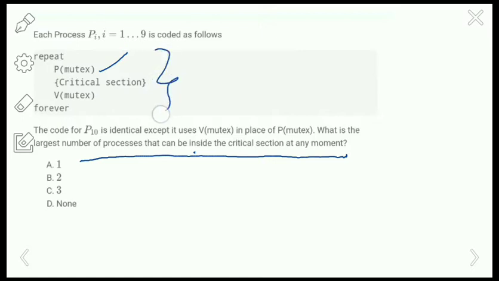So this is the code, and repeat forever is similar to a while loop. Repeat forever is used in Pascal programming, and its functionality is similar to the while loop in C language. So here process Pi is given with i from 1 to 9, so up to 9 processes are executing this code, and the code for P10 is identical to this program except that P10 has V of mutex, then critical section,